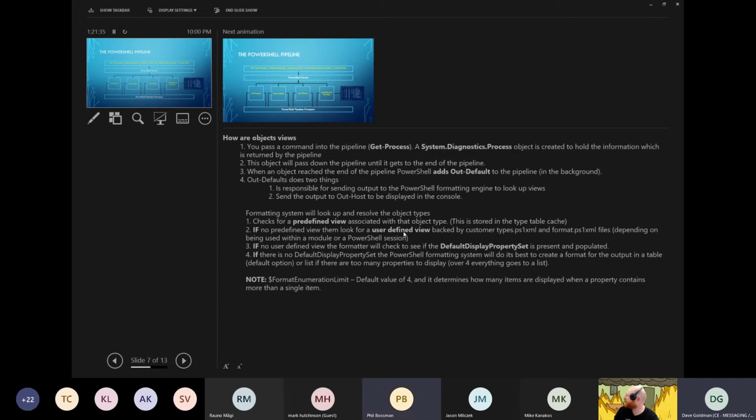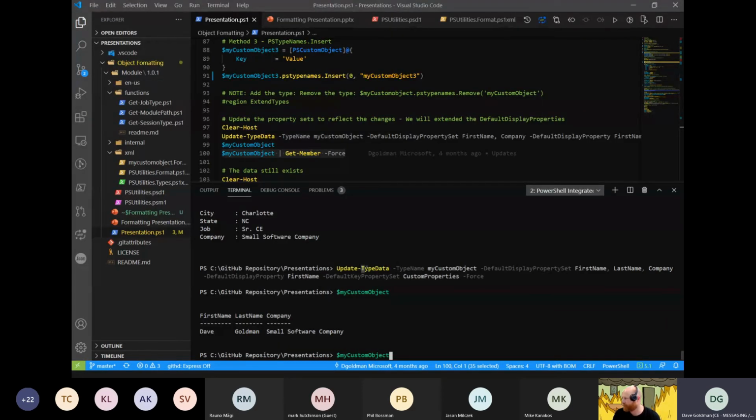So we go to that, and then we just go down the selection. If there's no user defined, but there was a system process, then we see if we have a default display property set. Now, in our user view, we also have a default. And since that's there, that takes precedence because we said initially, we just want to update the type data, and this is our default display property set. So that is what we are going to print, and that's what is given to Out-Host, and that's what shows up on the console.